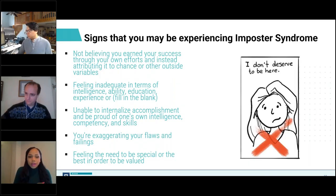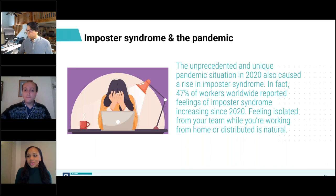So a little bit, the unprecedented and unique pandemic situation in 2020 that is still going on, unfortunately, to this day, has caused a rise in imposter syndrome. In fact, 47% of workers worldwide reported feelings of imposter syndrome, increasing since 2020. So feeling isolated from your team while you're working from home, or if you're distributed, is a very natural feeling